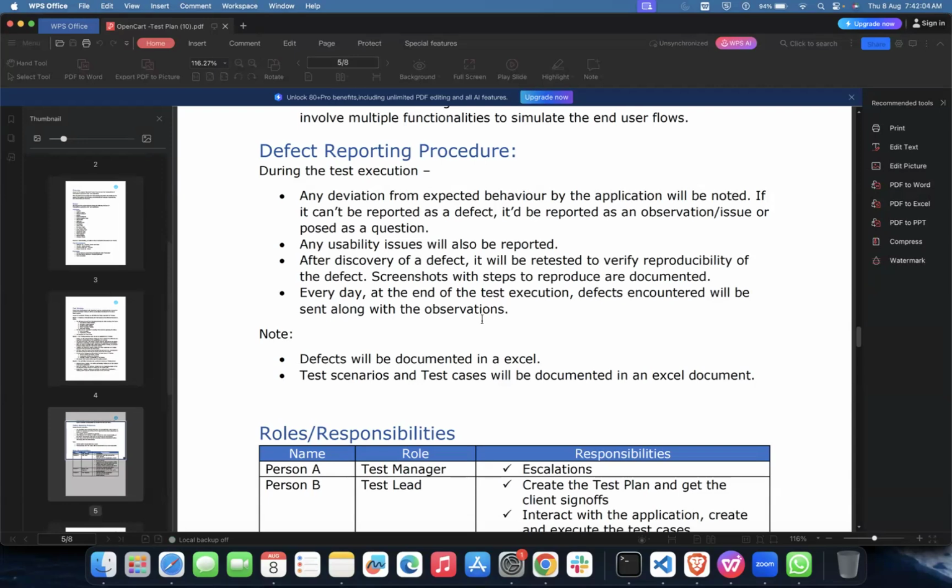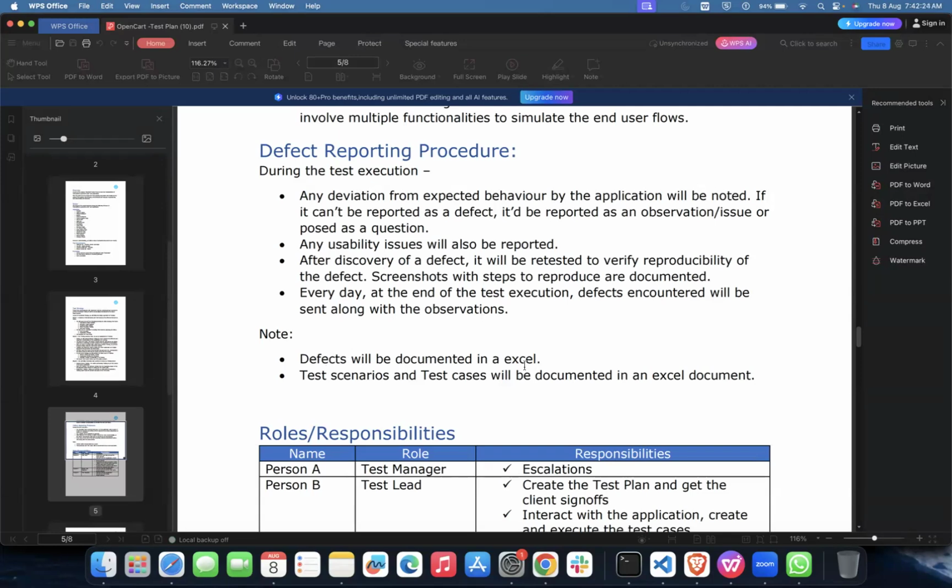So whatever is the status, we need to communicate it to the product as well as the development team that this is the status for our testing today. And if there are any issues, just highlight that these are the issues that we have found today. Please go ahead and fix it. Okay. Now,